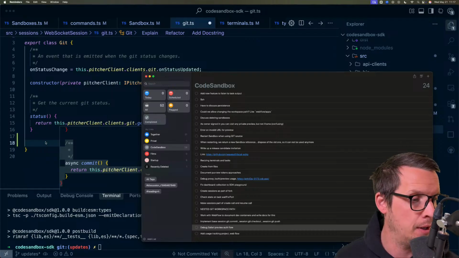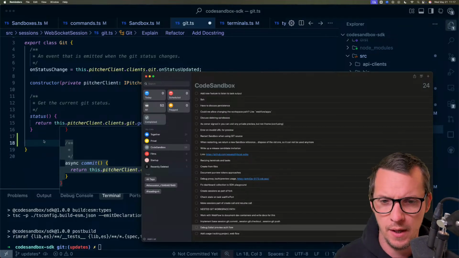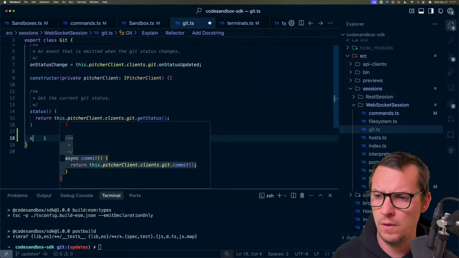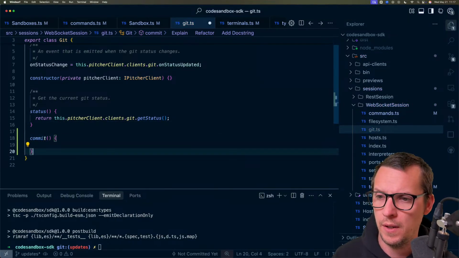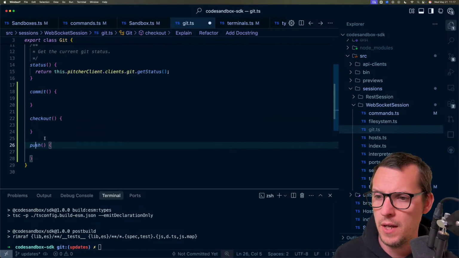Yeah, I've never been good at doing proper change logs for projects or repos. But I'm gonna write it down in the PR at least. Yeah, that's gotta be enough. Okay, so we're gonna add commit, checkout, and push. And commit is actually gonna be, yeah, and the cool thing we're gonna check is